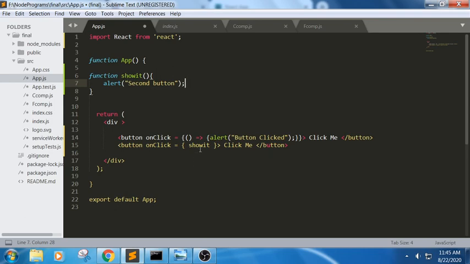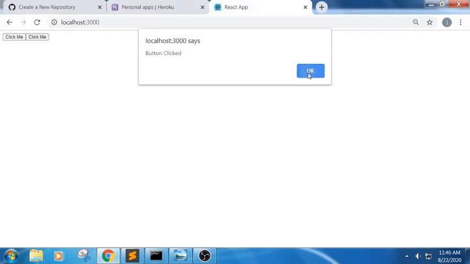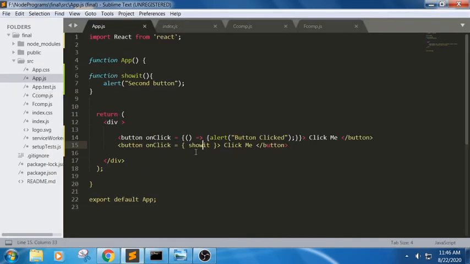So what is the function name here? We can call it showIt. What is the event we are trying to perform? The event is onClick here. So let me perform this action. First one is button click and next one is second button. So we got two events here. First one we call inline, and next one we are placing the code outside the block. We can use inline when the code is very small. We can use this second syntax when the code is very large. So this is how the basic syntax works.